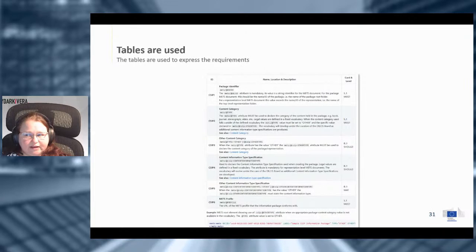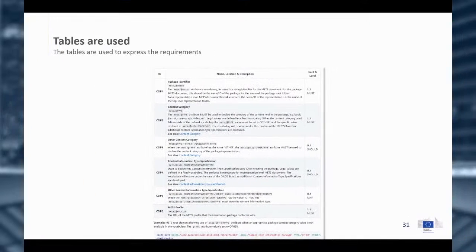We have the cardinality and level, which gives how many times and how you should think about it if we have some other things stated. I will say a couple more things about that in a second. Hidden slightly in the bottom of the slide, you see that we have one example. So we actually show one example for this part and piece. And this is actually for the CSIP, but it's the same if it's a Content Information Type Specification. So these things are following along.